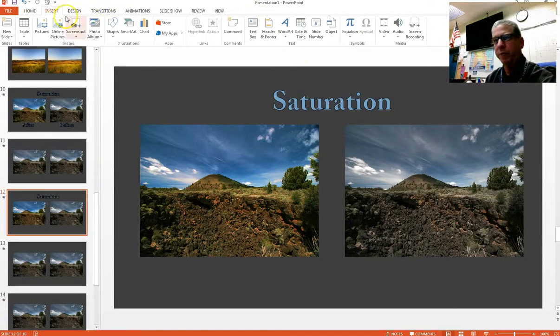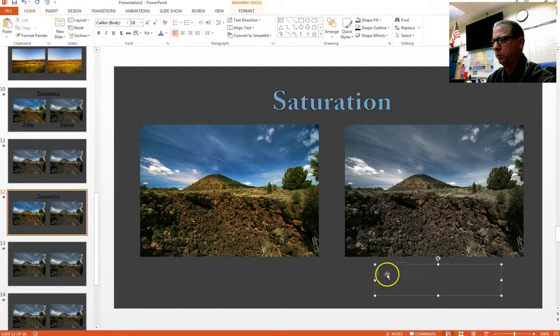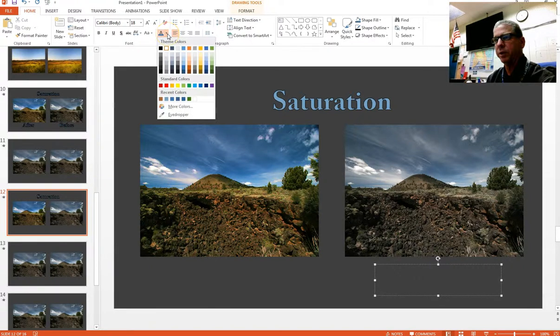So I will click back on our Insert on the main menu, text box, and then I'm going to draw out another text box. Now this time we can go ahead and pick our color ahead of time. So I think I'll come over here and grab the eyedropper. And then notice down here, I could grab that eyedropper if I want to use a different color, or I have recent colors used here, and there is the most recent color. So if I want to match my saturation text, I could just go ahead and grab the same color